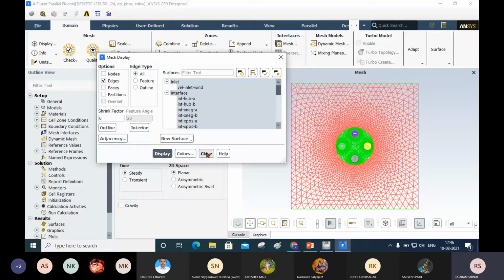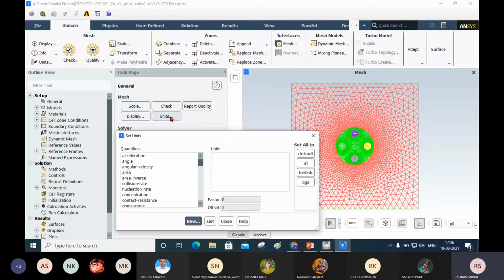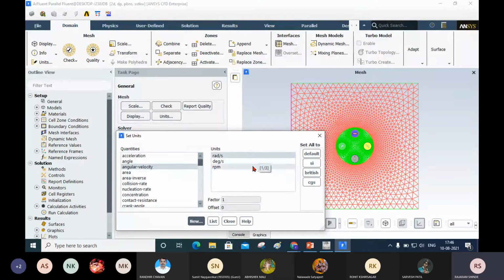After doing the mesh, we need to do one thing, that is it is a rotating frame. And what we can do in that, when we consider Fluent, it needs to change the unit of rotational velocity. Why it needs to change the rotational velocity, I will tell you. Here I will click on units, and if I select the angular velocity, you see here by default its unit is radian per second, and generally we are applying the angular velocity in revolution per minute.